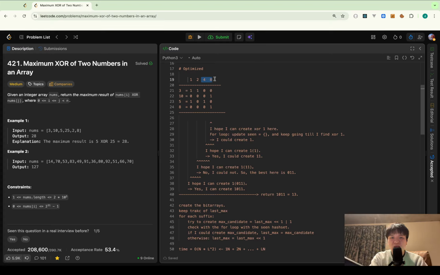And the interesting thing here is that I inherit the result of the previous one. So if I could find 1 here, I try to create 1, 1. But if I couldn't find 1 and the best is 0, I try to create 1, 0 here in the next suffix. And I continue it until the suffix is exactly the ranks of the